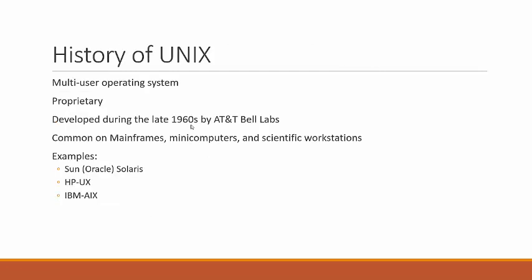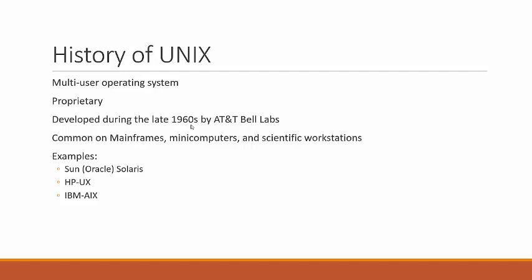Well, let's take a step back from Linux and look at where Unix came from, right? That's the source of all the many Linuxes that we see nowadays. Unix was born in the 1960s. It was a plan to make a multi-user operating system for actually really expensive computers. We're talking mainframes, minicomputers, scientific workstations. This is high-end stuff. And really, customers at that time wanted an operating system that could support multiple users logged in either at the same time or over different times.